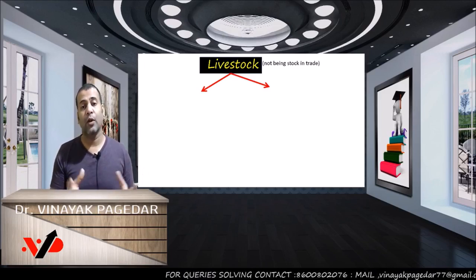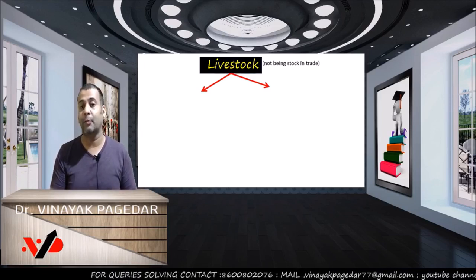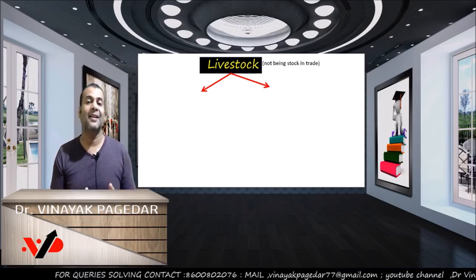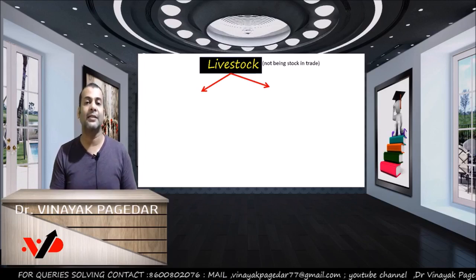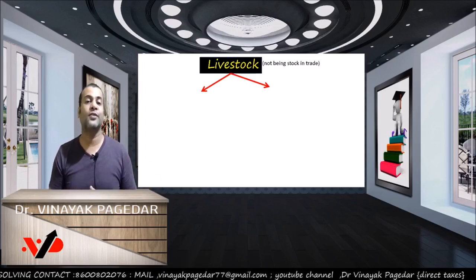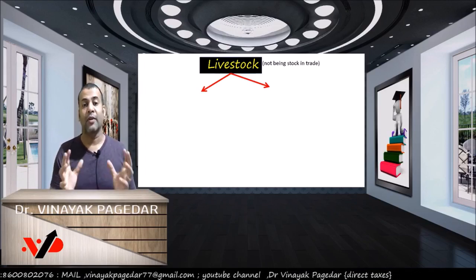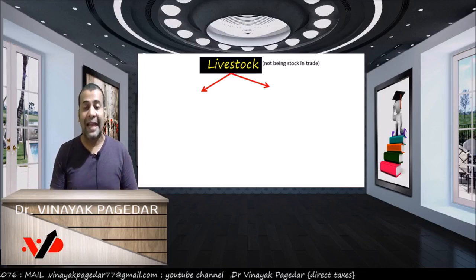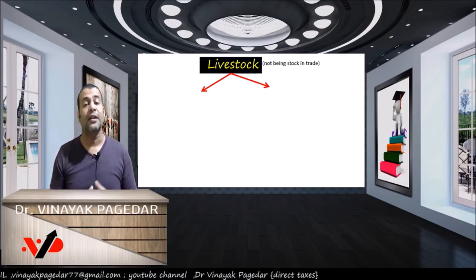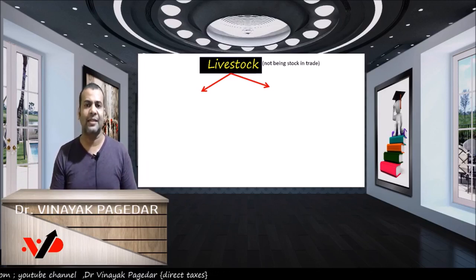For example, if you got a poultry farm and you are buying and selling chicken in the poultry farm, then that is typically a trading transaction wherein the sale of chicken is your income and the purchase of chicken will be treated as a normal expenditure. Correct? But when the livestock is being kept as an asset in your business, then what exactly is the treatment? What would be possible examples of livestock being kept as assets?